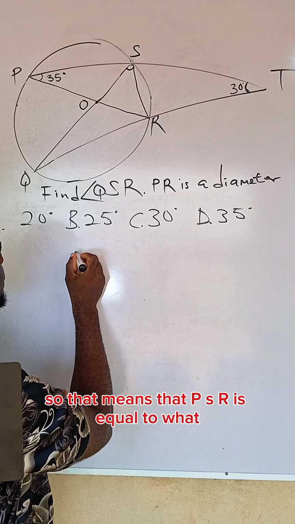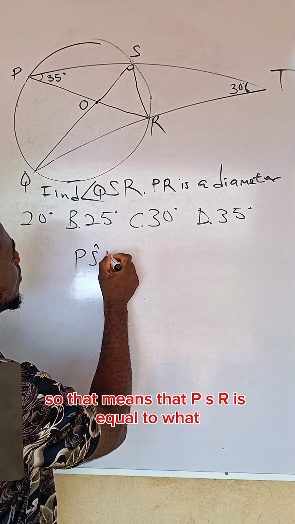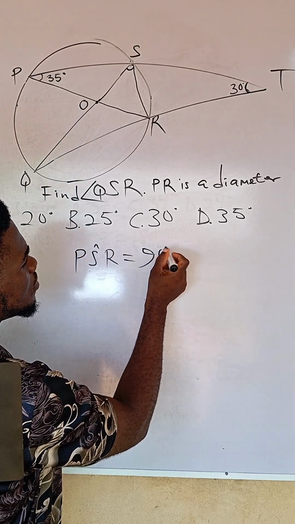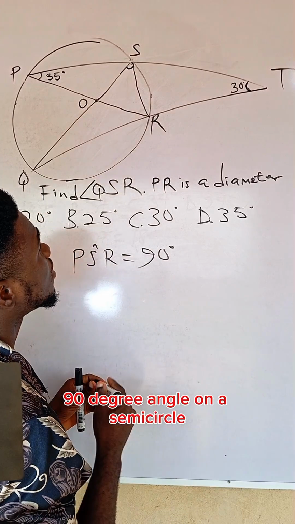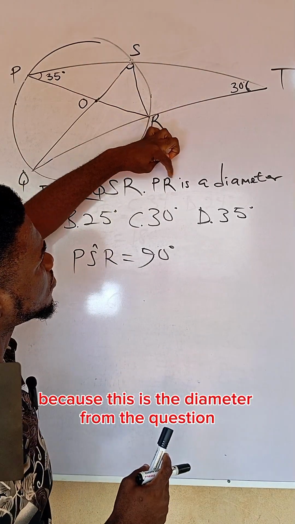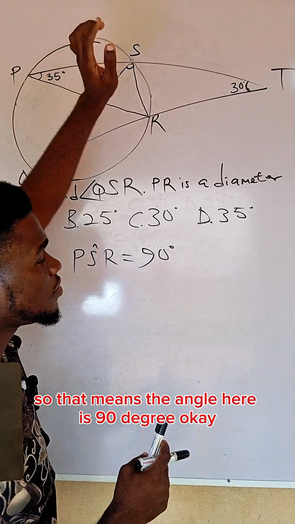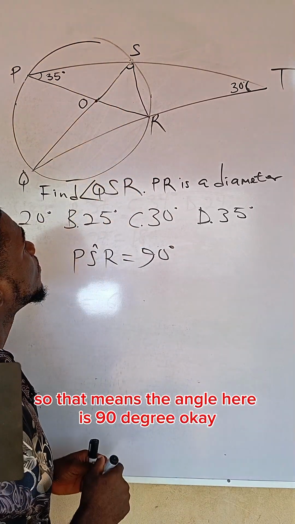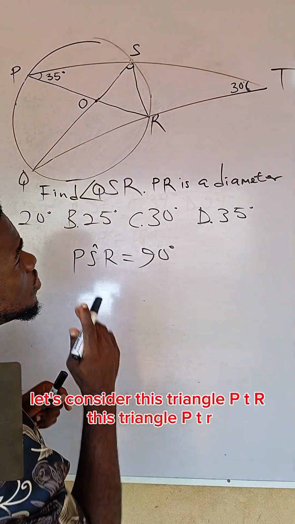So that means PSR is equal to what? 90-degree angle on a semicircle, because this is the diameter from the question. The PR is the diameter, so that means the angle here is 90 degrees. Okay, having known that, let's consider this triangle